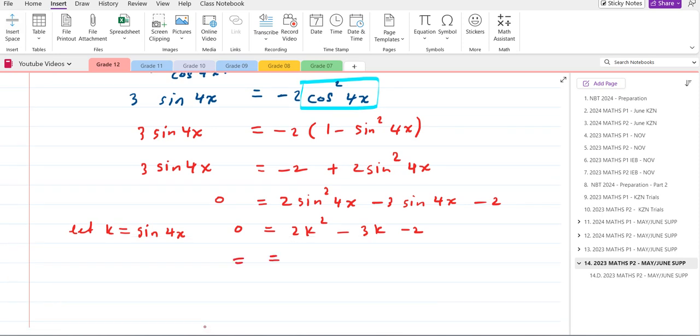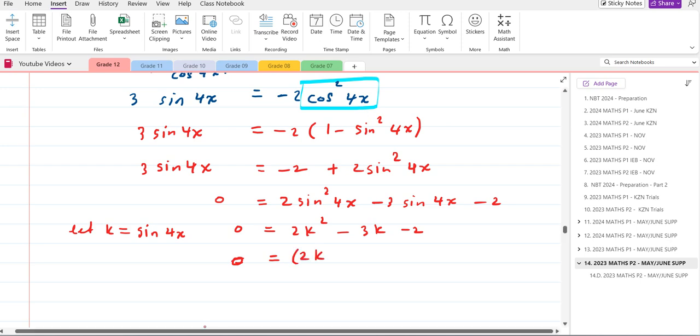You're going to open up 2 brackets. That's equal to 0. You can only have 2k and k as factors, you can't have a 2 there, otherwise you can factorize another 2. So you have to have a 2 here and a 1 there. And we want minus 3k, so a minus and a plus. So we got k equals negative half,